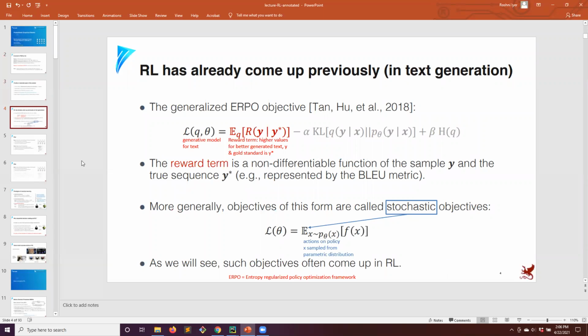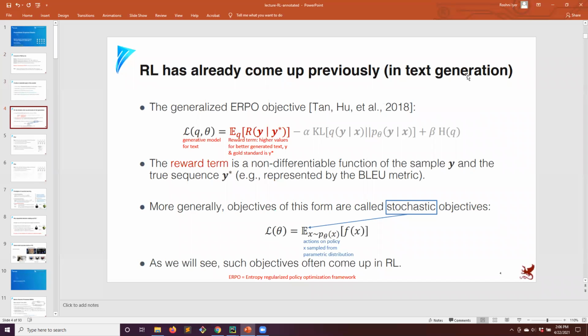And before we get started, I just wanted to say that the topic of reinforcement learning actually has many applications, and it has been used in several domains in the past. So this is just to show you an example of what that is. It's not the focus of this lecture, but just to tell you that this is an important topic, and it